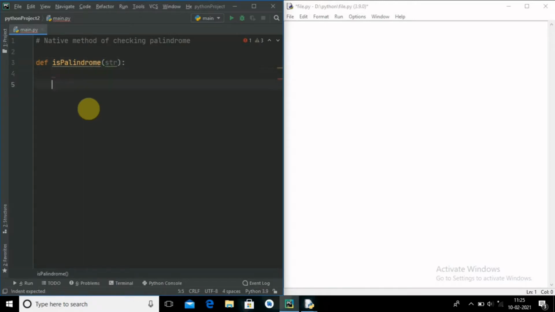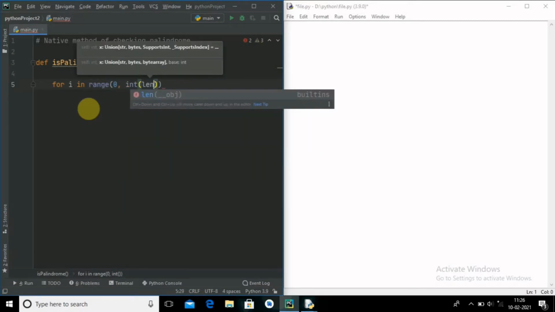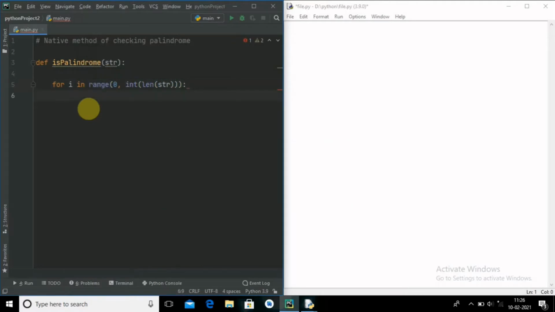Here I will write a loop for i in range 0 to the integer length of the string. That's it. When I do this, I come from the back side and check from the front side, and if both of them are equal, it will tell me whether it is a palindrome or not.